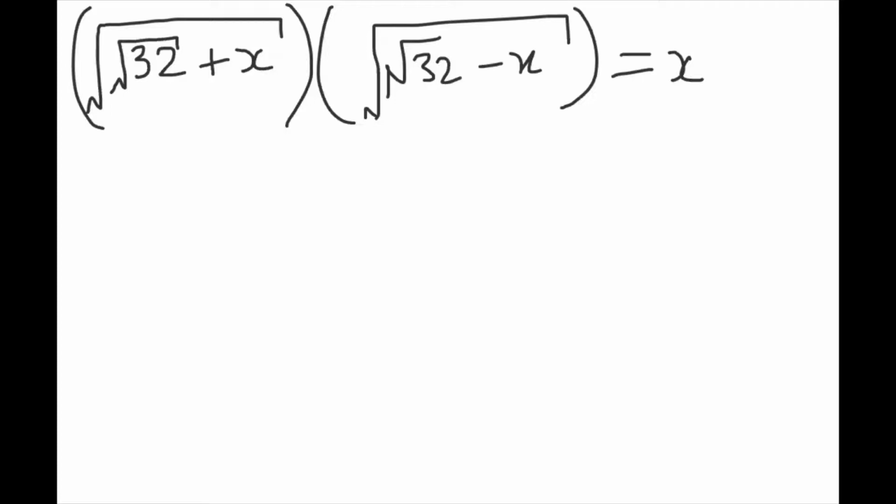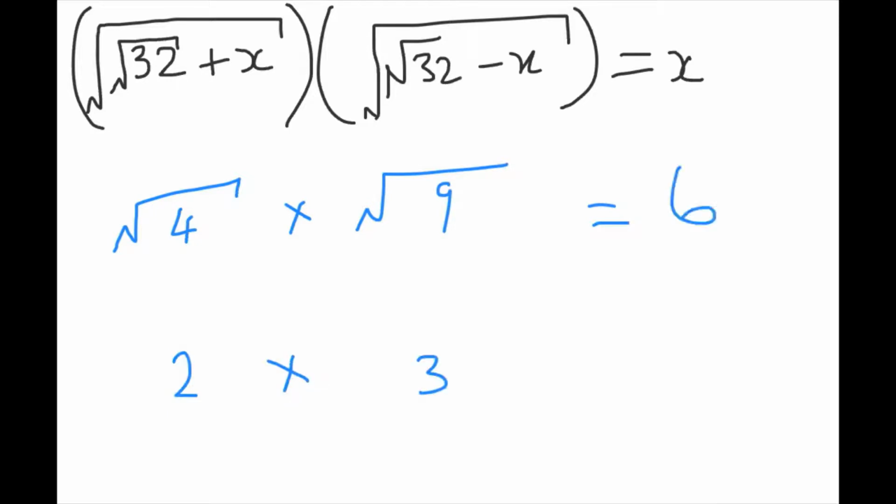So you see two square roots multiplied by each other equals x. So I usually test it like this. If this was square root 4, for example, times, let's say, square root 9. So what's that answer? Square root 4 is 2, square root 9 is 3, so that answer is 6. So what I want to do is get rid of the square roots. So if you want to get rid of the square roots, what you do,